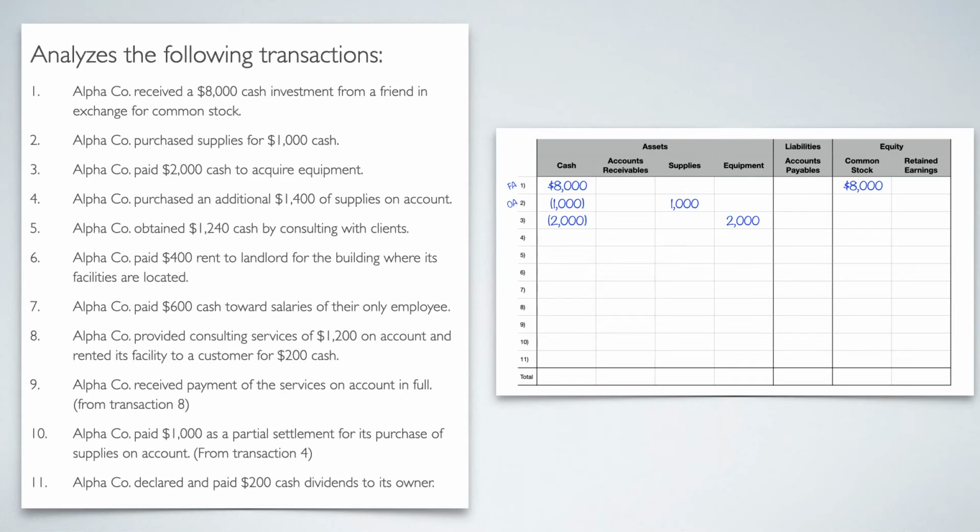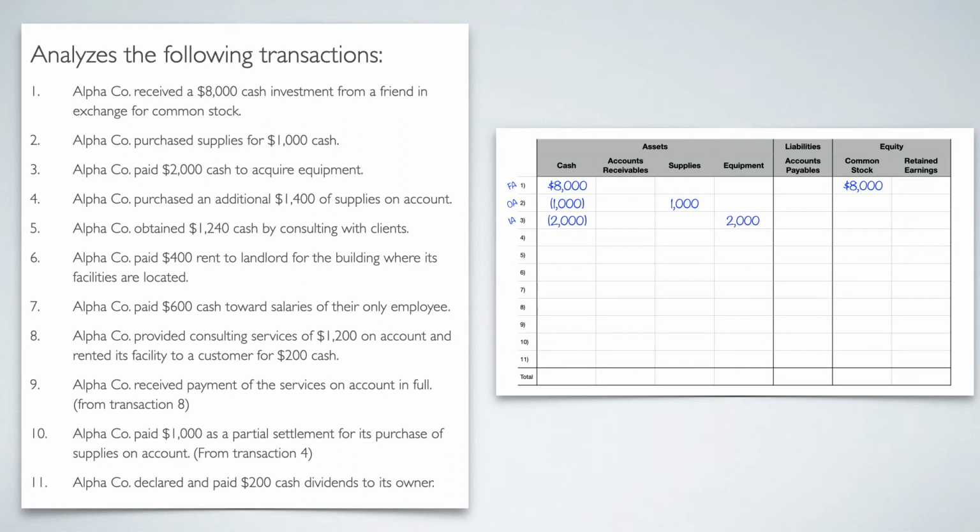Again, it follows the accounting equation. And in this one, we're dealing with equipment, and equipment is a long-term productive asset. And so for that reason, this is going to be an IA, or an investing activity. All right, let's go to transaction 4.